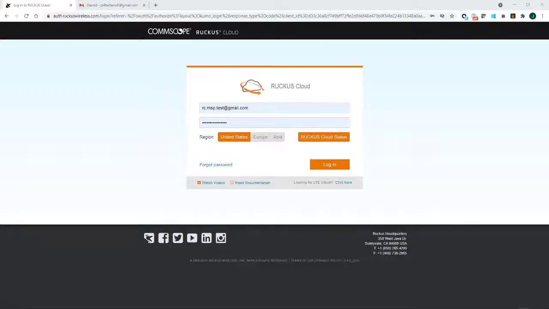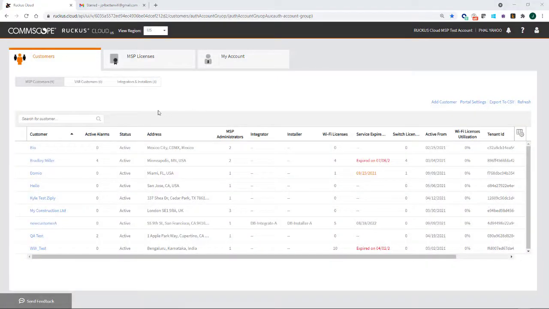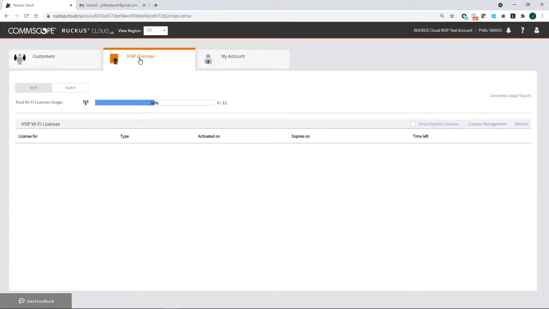In this video, I'll demonstrate adding an MSP customer using the Ruckus Cloud MSP Portals dashboard. So here we're going to log into the MSP dashboard. And when you log in, you're going to see three major tabs. You're going to see Customers, you're going to see MSP Licenses, and this will list the licenses that are assigned